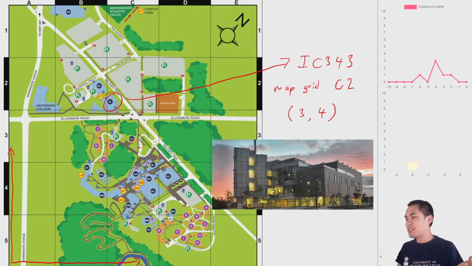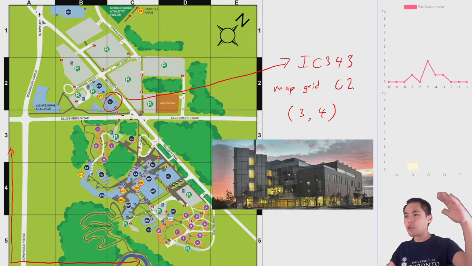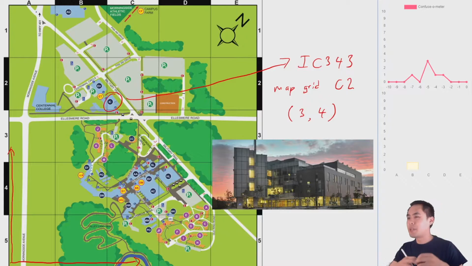But now, oh, actually, I still also have a picture. So this is the IC building. Hopefully you all will get to see it, as well as the other buildings on campus. So I know the biology department is actually closer to the main campus, a little bit further down across Ellesmere Road from the IC building. But yeah, the IC building is the one across the street. It's sort of near where the bus stop is. So if you take the 905 bus to the UT Scarborough campus, then you probably see the IC